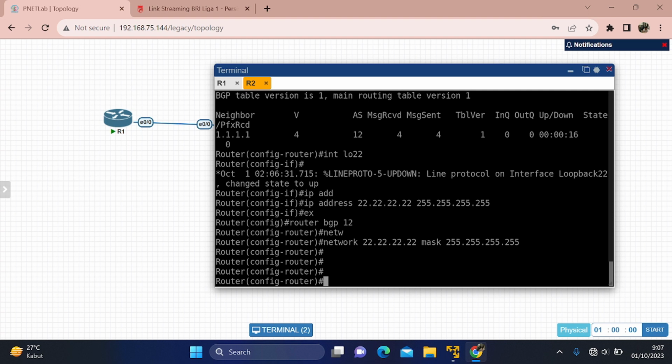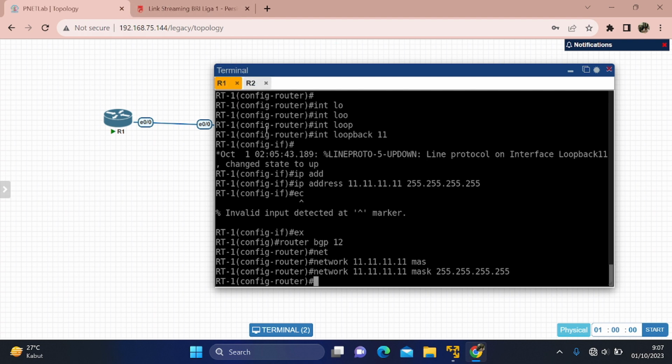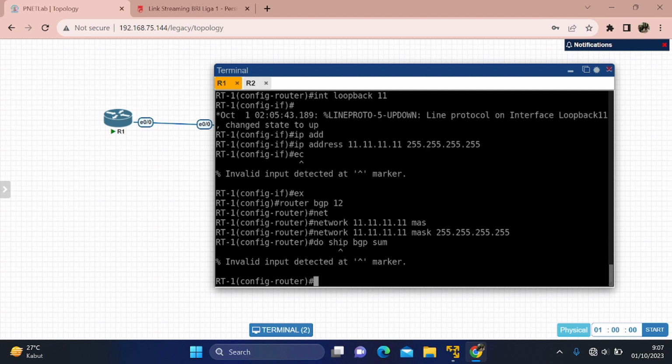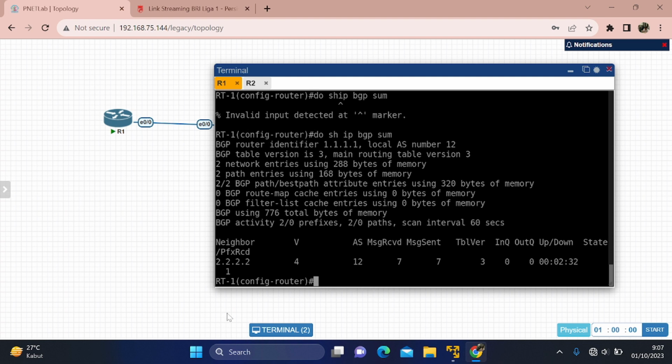After that, we will check whether the route is advertised or not. This is do show in router 1. Sorry, do show ip bgp sum. In there will be the IP loopback 22.22.22.22, and then do show ip bgp.